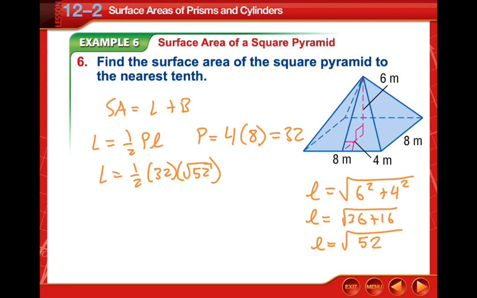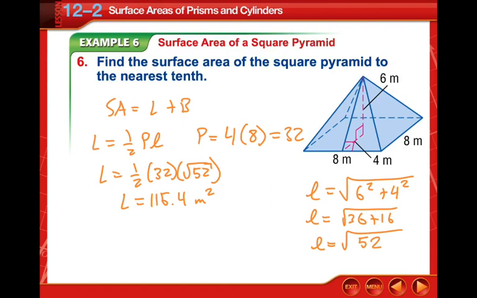We'll just leave it like that and get our lateral area and round it. It comes out to be about 115.4 meters squared. So now we need to find the area of the base,